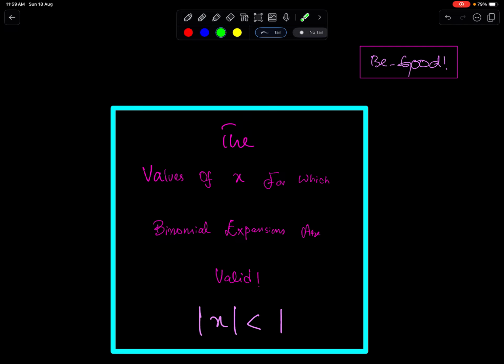Ameen. Alhamdulillahi rabbil alameen. Concepts of the values of x for which binomial expansions are valid is the topic of